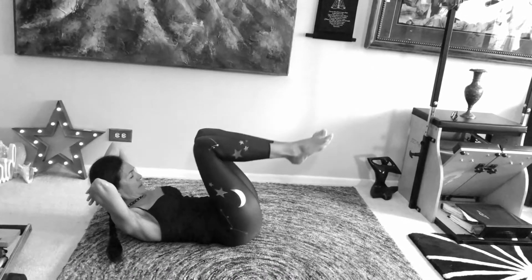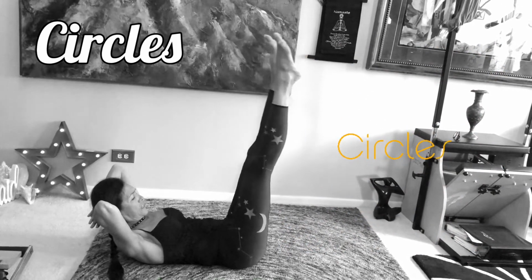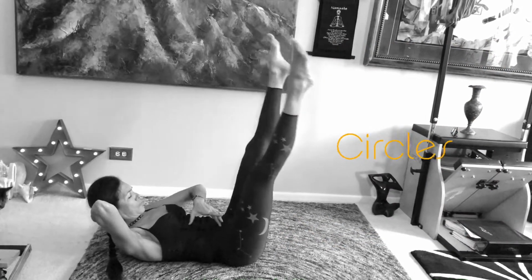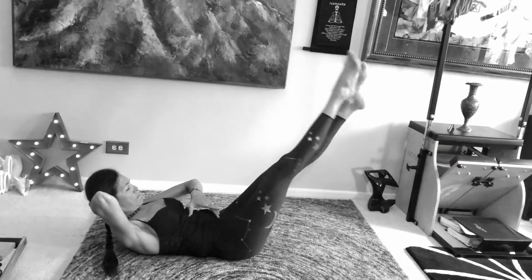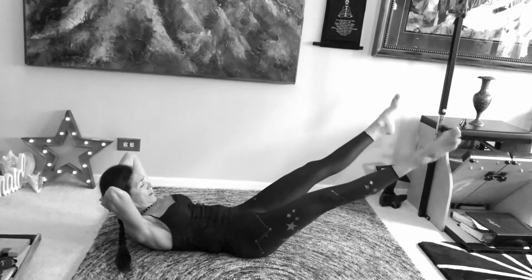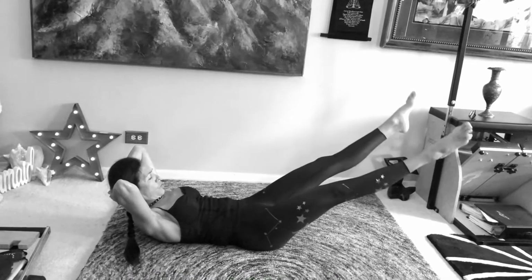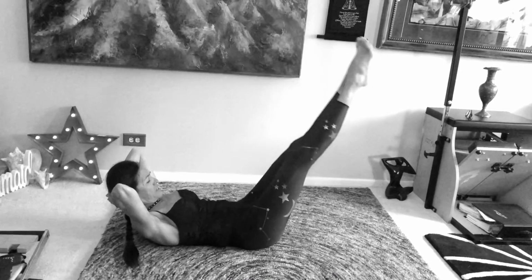Let's do again a building block. Start with the legs up and start to do small circles, keeping the hips still connected. And now I'm challenging myself a little bit more, moving my circles away, always finding the center line, and even more. And when I do 5 or 10 in one direction, I switch the direction,